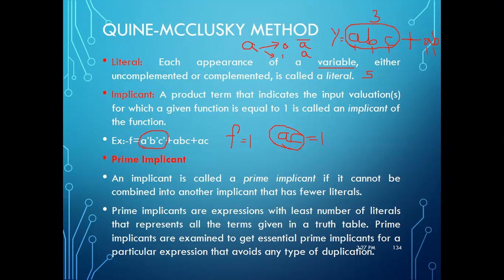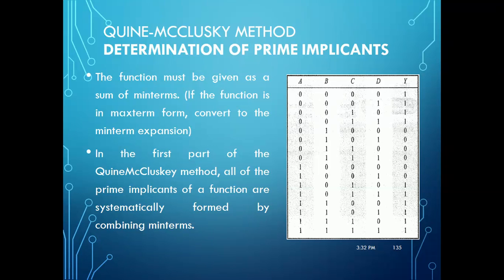By combining the groups, maybe group 0 with group 1, some of the literals will be cancelled and you get the minimum expression finally. Usually the duplications will be avoided. So if you write 0 comma 1 in the Quine-McCluskey method, it is the same as 1 comma 0. So both are the same. So that time only one single term you have to take. Duplication should be avoided in that case. So the Quine-McCluskey method determines the prime implicants.